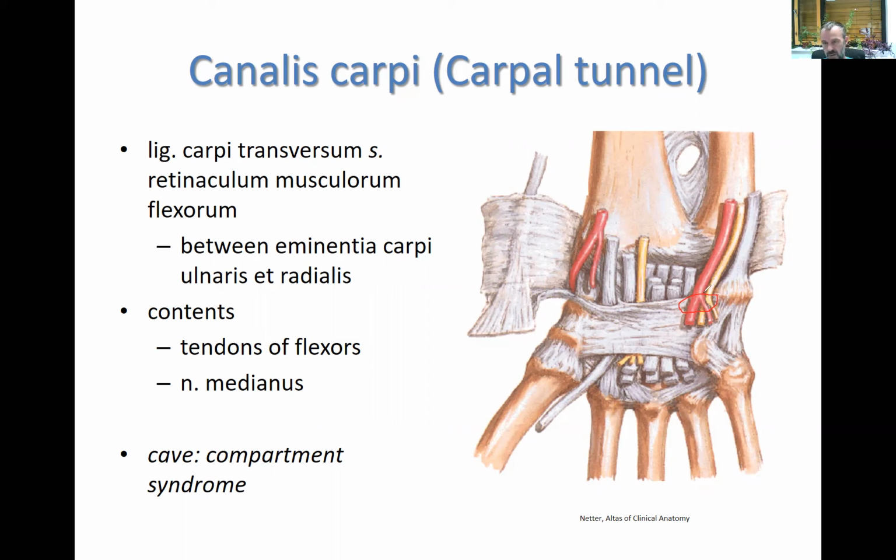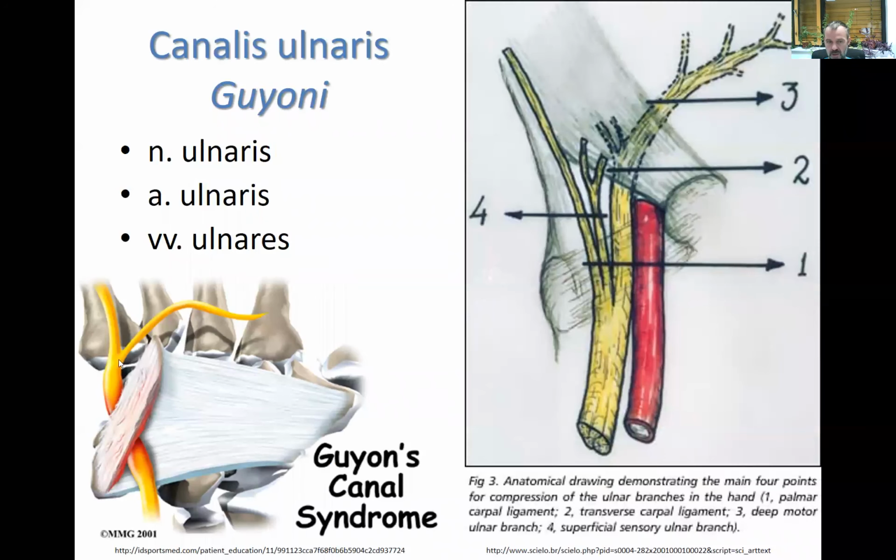So unlike the carpal tunnel, where we find only median nerve, in ulnar canal we have ulnar artery and vein and nerve. So you can see it here. It's called also canal of Guyon. Yeah. And you can see here especially the deep branch of the ulnar nerve passing deep